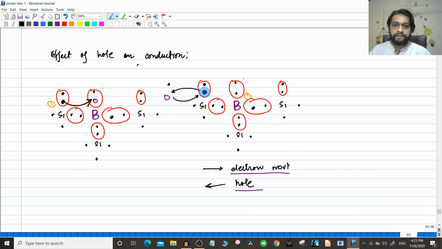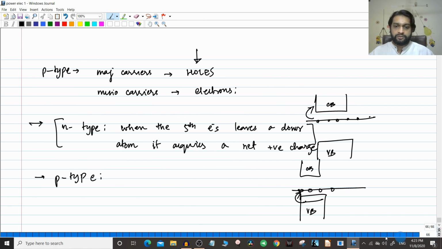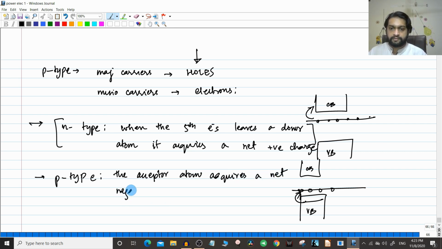So this will now acquire a net negative charge, because it has gained another electron which was not part of its natural atomic structure. So in a p-type material, the acceptor atom acquires a net negative charge,